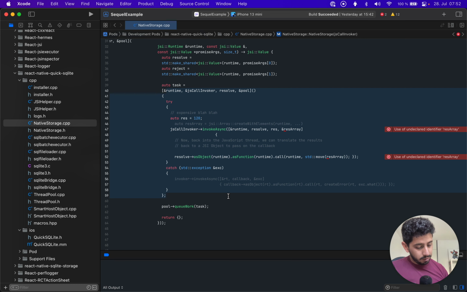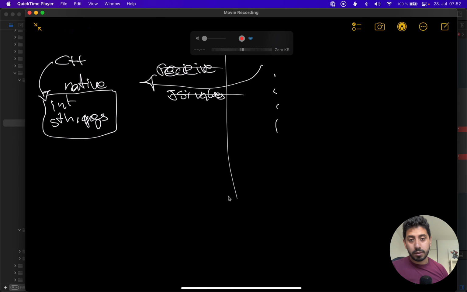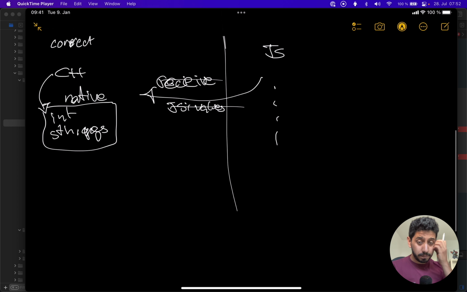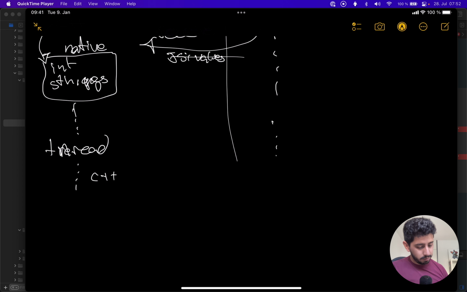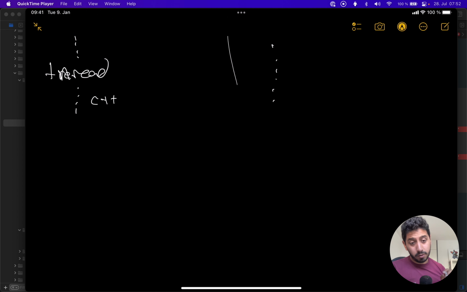So then when you do the async work, these values might get garbage collected, they might be moved, they might disappear, it doesn't really matter. You have them on the C++ side, and you do all your threads. So you, again, here time will pass, your thread will start, you do all your operations on C++, right? So here again, JavaScript is still doing its thing. And then when you are ready to go back into the JavaScript side of things, then you do your execute async call,